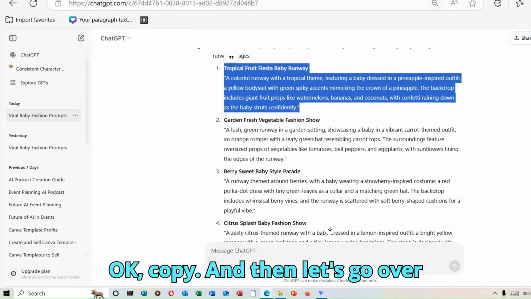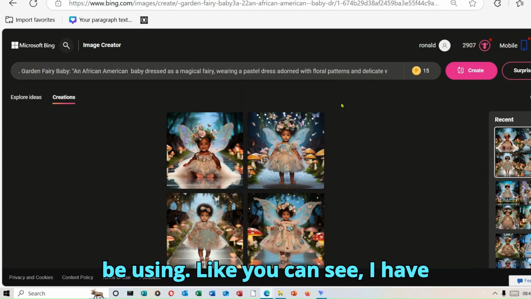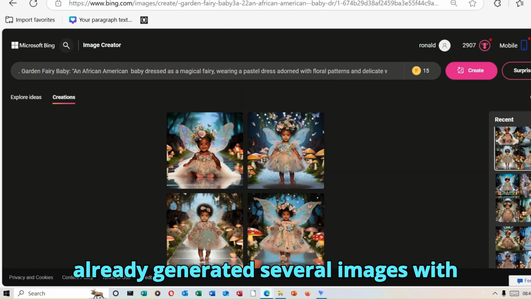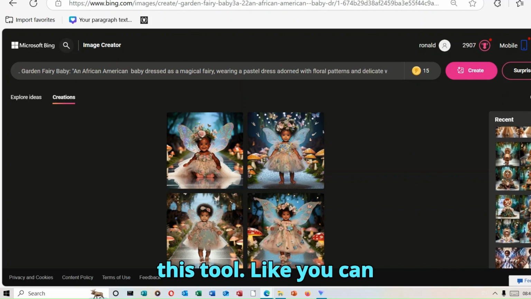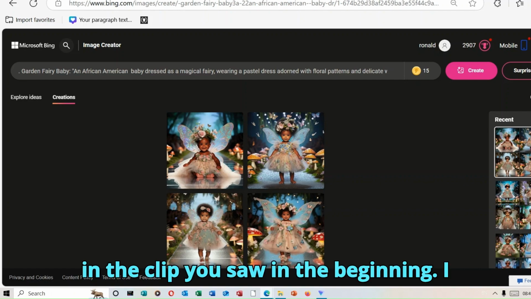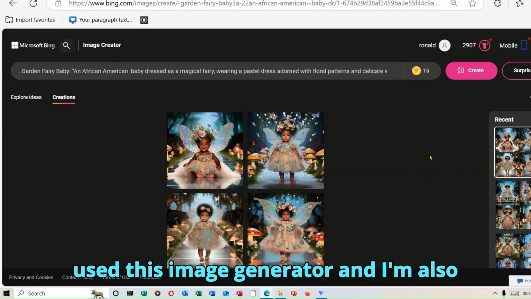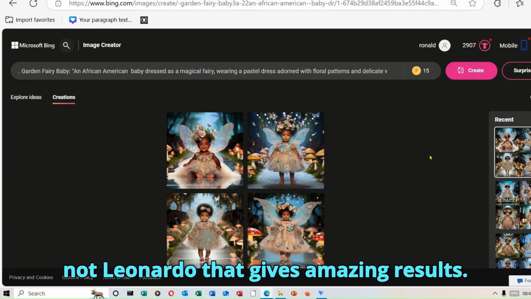Okay, copy, and then let's go over to Microsoft Bing. This is the image creator that we are going to be using. Like you can see, I have already generated several images with this tool. Like you can see, most of the images that I used in the clip you saw in the beginning, I used this image generator, and I'm also going to show you another one, which is not Leonardo, that gives amazing